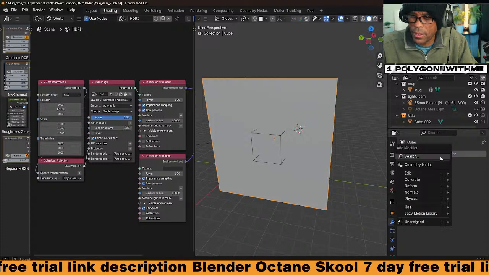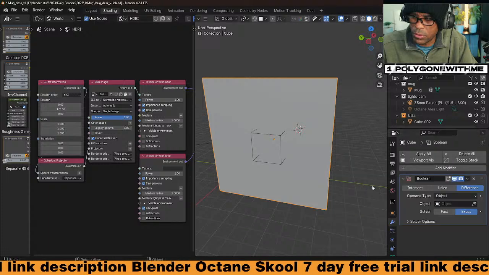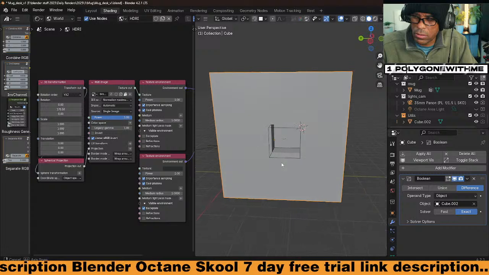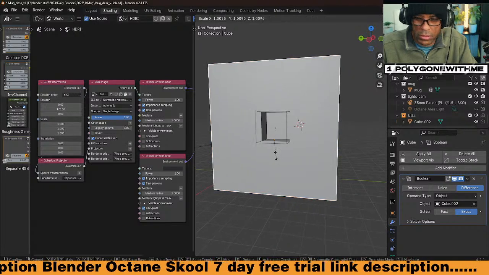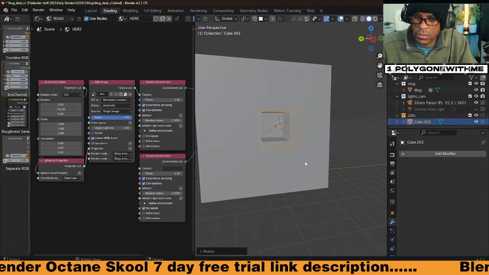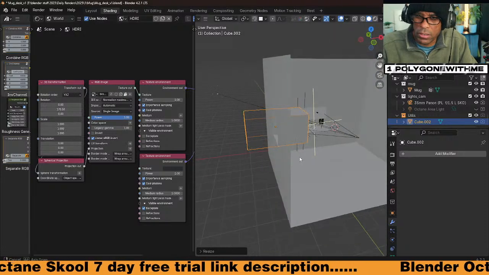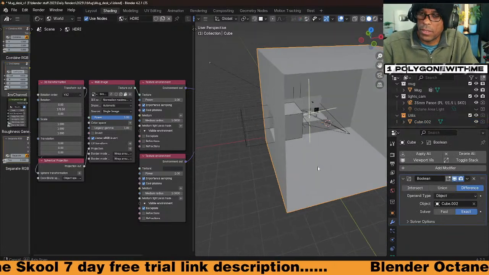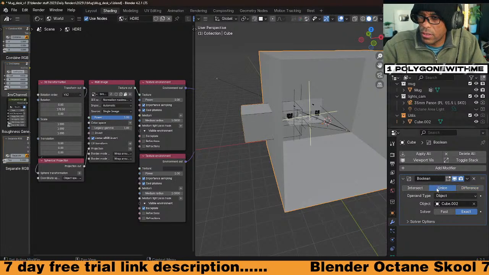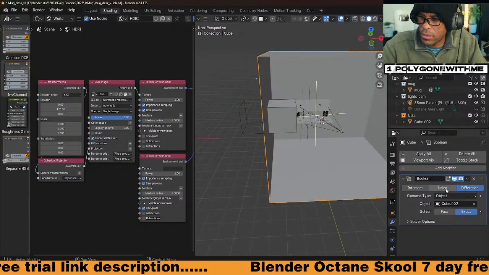Modifier. Add a bevel modifier. Right, add a boolean. Sorry, add a boolean. Select my cutter. I want to cut. This is my cutter. Difference. Scale on the X. Is it cutting? It's not cutting a hole inside there, right? It should be cutting a hole. Why is it doing that? Oh, you know why? Because probably this has no thickness.